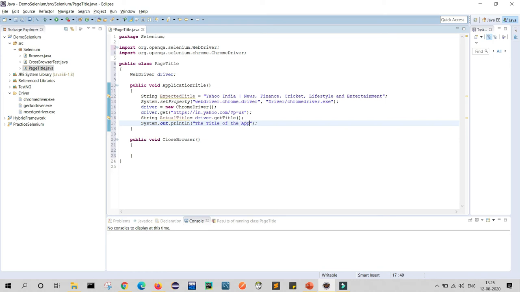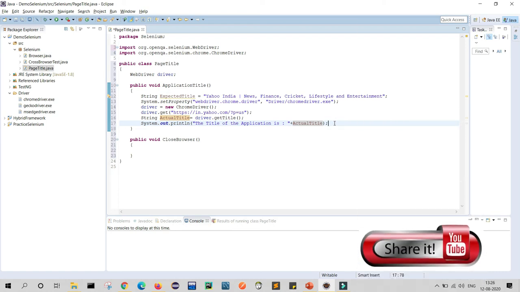Title of the application is, and actualTitle will give the title of the application. Now this will print the title of the application.